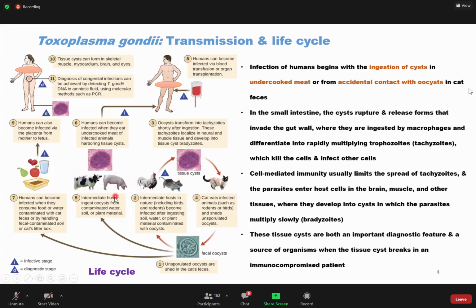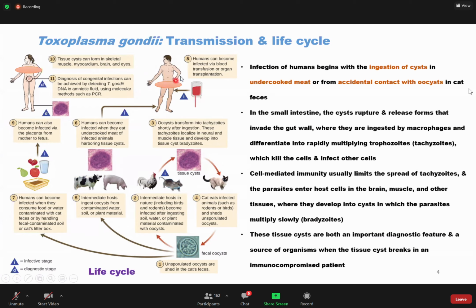Another thing that can happen is that if you have a pet cat that you're not really paying attention to, and the cat gets infected, the infective forms are present in the feces. So if you handle the cat litter, or if you place the cat litter in the kitchen, because the oocysts are very tiny structures, air currents can disperse them in the kitchen. They can land on your food, they can land on the drinking water, and then you end up consuming this. So this is another way through which we can get exposed.